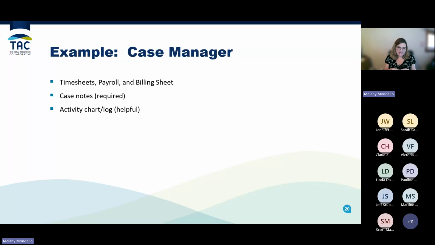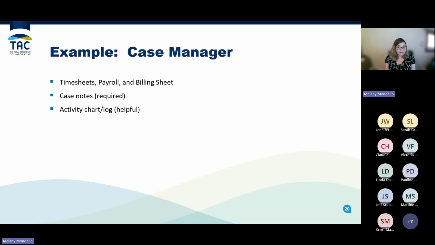So specifically within the HUD programs, they want to be able to drill down to not only did you do case management, but what did you do? Unfortunately, there's been fraud. People have done things they're not supposed to do with these federal funds. And so there's just additional documentation. And this is where that activity chart or activity log is really key. Because imagine a year from now being asked, okay, show me who you worked with for this week 2 years ago